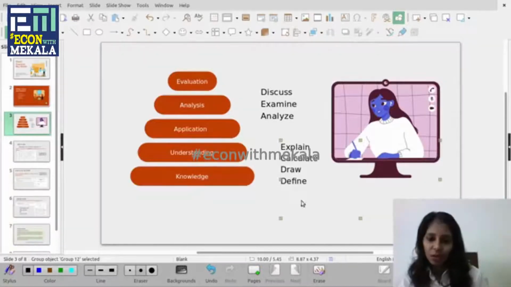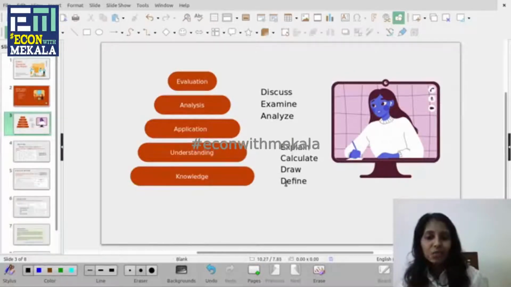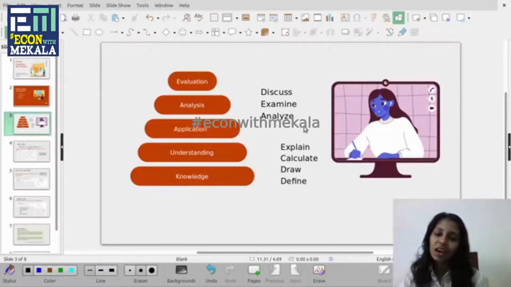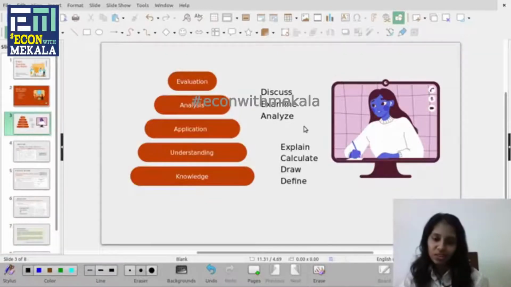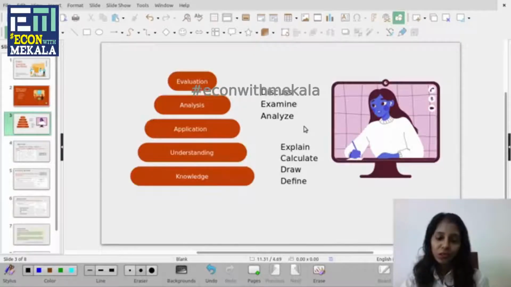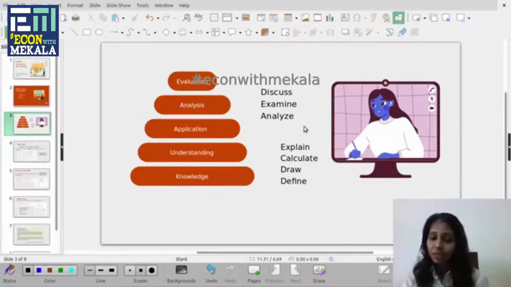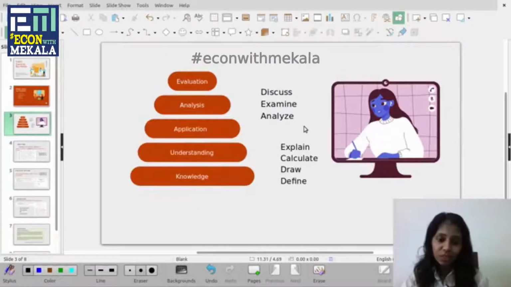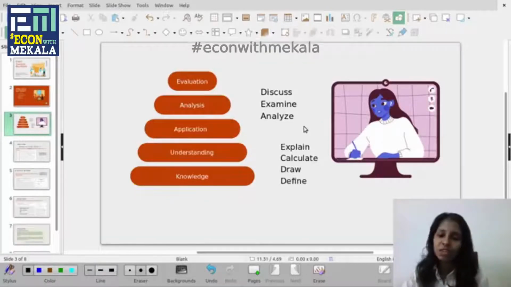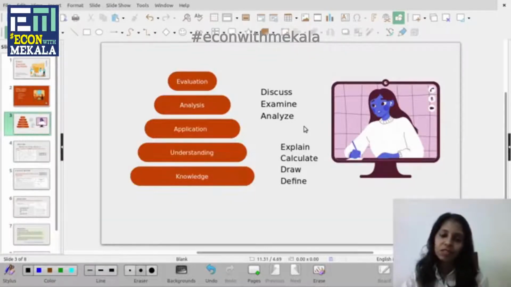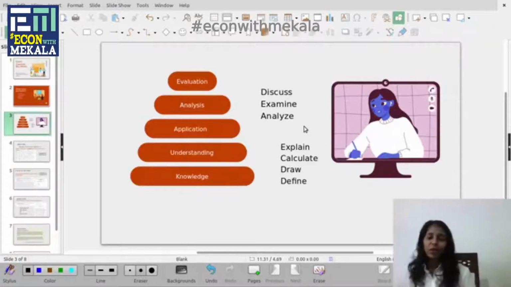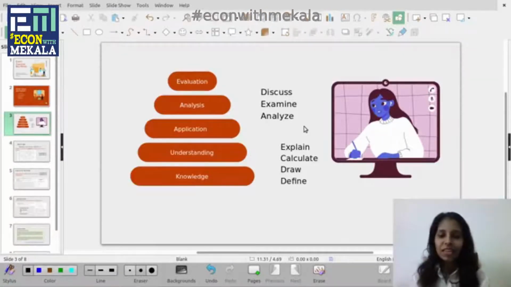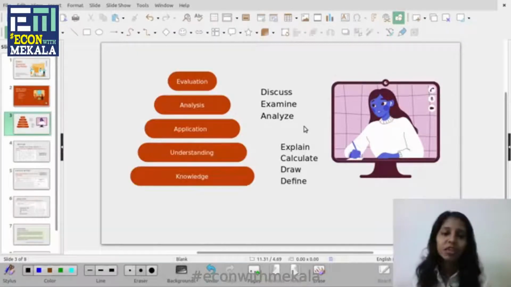So in your examination papers, if you find keywords like define, draw, calculate, explain, these keywords are about knowledge, understanding and application. Now if you get a question to define, if you get a question to draw a diagram, you need to demonstrate knowledge and also understand. And if you are asked to do a calculation, you should know the formula. In some examination boards, they give you pre-prescribed formula, so you have to remember it and apply data given in the examination paper and do the calculation.